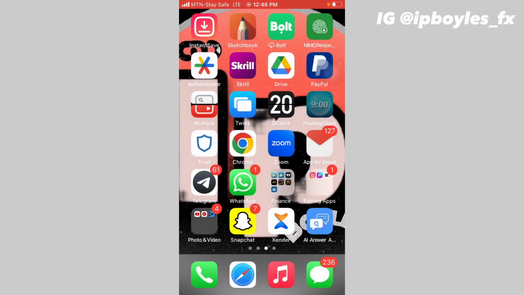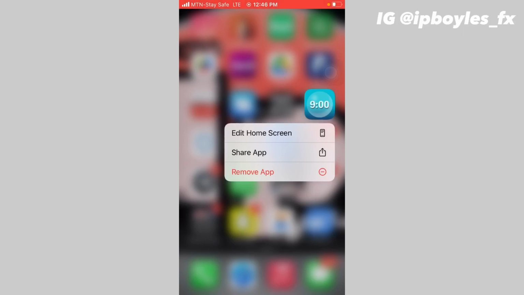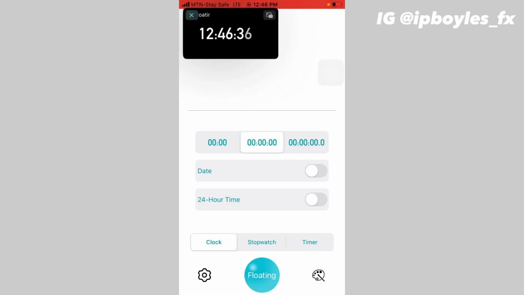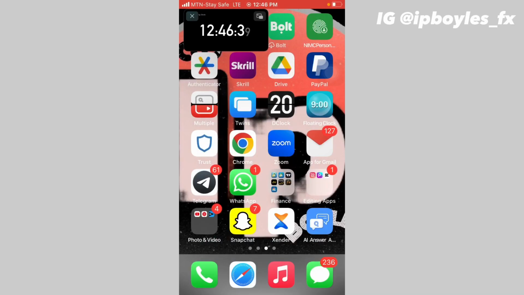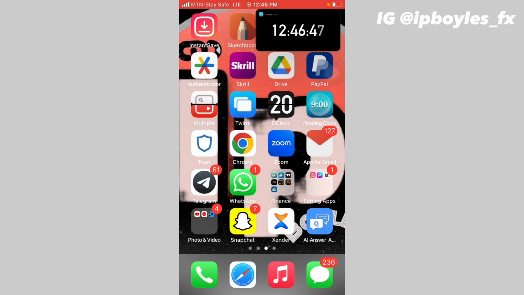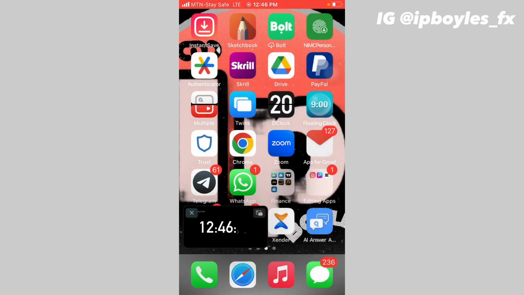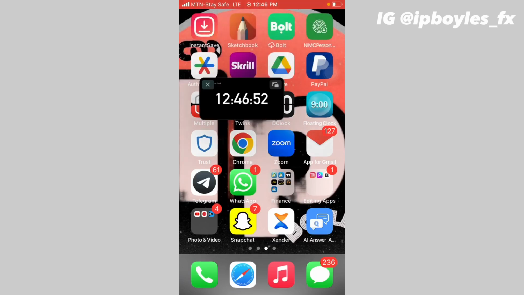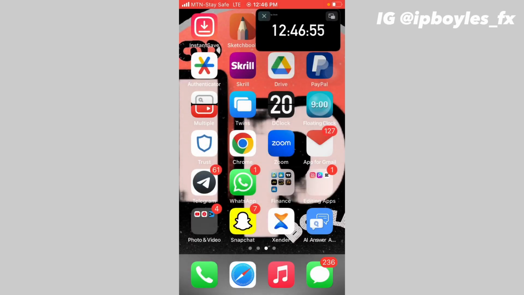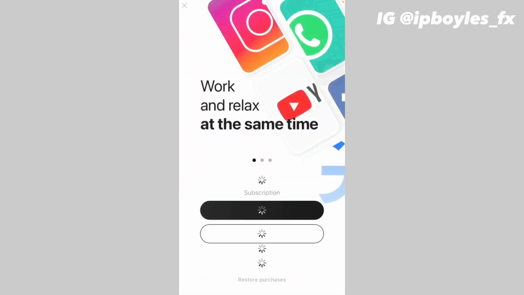And this is my floating clock. I'll also be putting the link in my video description. I have a lot of floating clocks that I use. So how does this work? You just click float, and then right away you see it will start floating. All you get to do is just close it. Anywhere you want to move it, you can move it to the left, right, up, down, bottom, anywhere you feel comfortable to leave your floating clock. So I'm going to delete it and open my